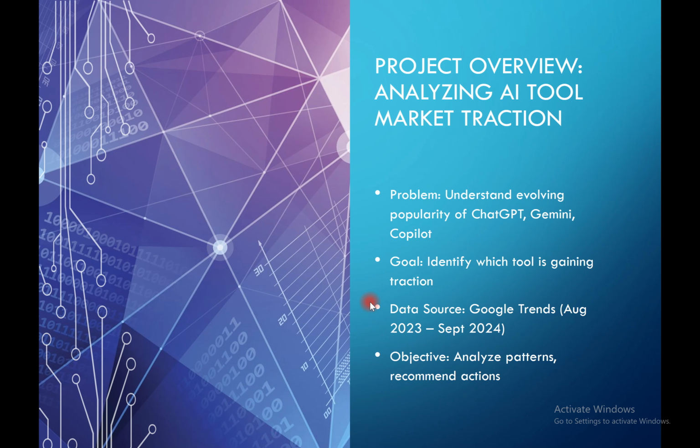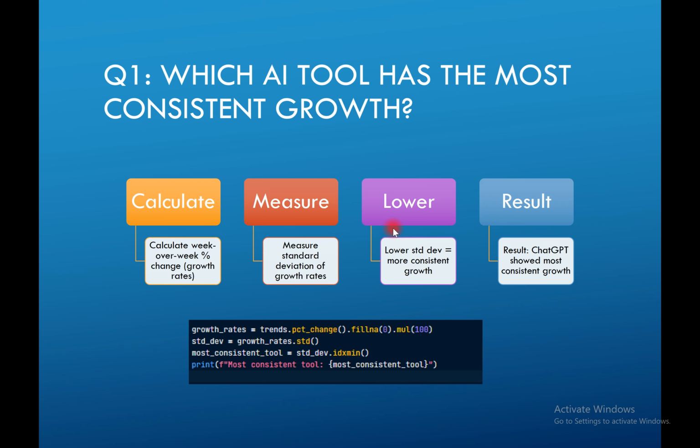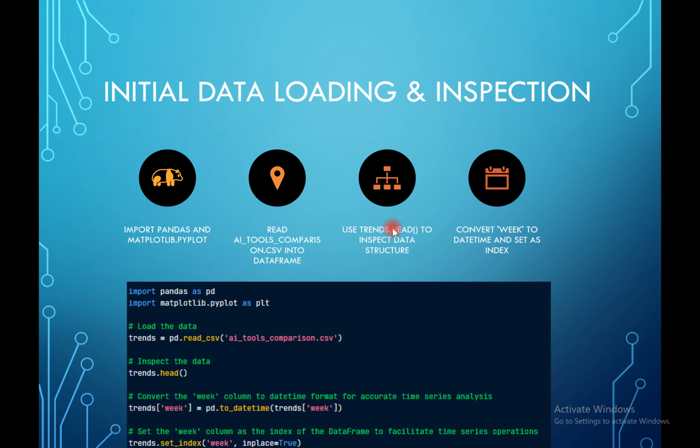If you go to the third slide, my capstone project focuses on analyzing the global popularity of three major AI tools, which are ChatGPT, Gemini, and Copilot. I worked with time series data from Google Trends tracking search interest over the full year. The main goal was to find which tool is gaining the most traction, with insights that could help a business make better decisions, and we will go through the outcomes later. So sorry, if you go to the first slide, which is